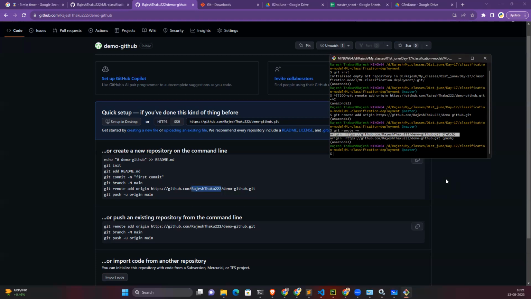It's done. Very good. So if you are able to do this much, and you have also executed this command, git remote -v, are you able to see your URL? Yeah, fetch and push. You are able to see? Yeah. Okay, very good.